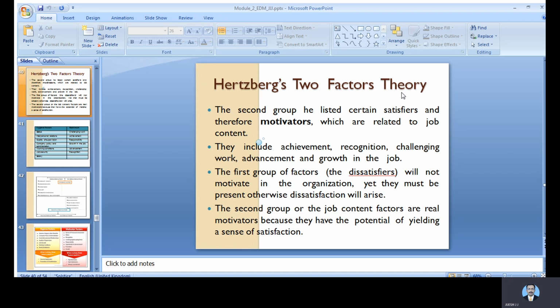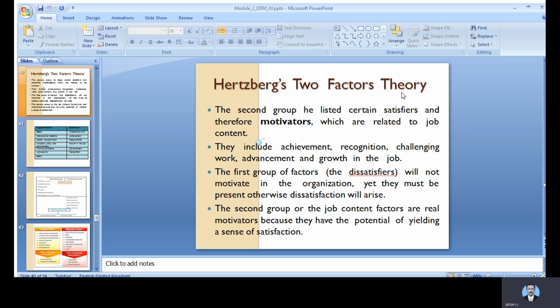They include achievements and recognition, challenges, work advancements, and all these things. So the first group of factors will not motivate the organization yet. They must be present, otherwise dissatisfaction will arise. And the second group, or job content, contains factors that are real motivators, because they have the potential to yield a sense of satisfaction. So it's very important for us to have a challenging environment, advancement, achievements, recognition, everything